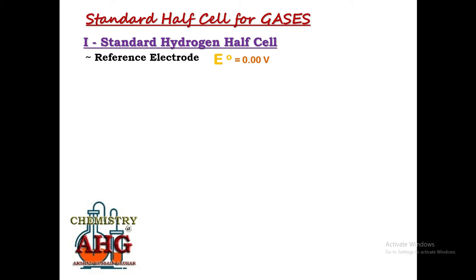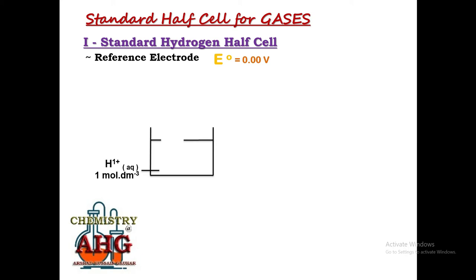So what is the only purpose of the standard hydrogen half cell? Always remember, it is used to complete the external electrical circuit by connecting it to the second terminal of the voltmeter. That's it. Okay, let's construct the standard hydrogen half cell. We will take the beaker, a solution containing hydrogen ions. You can use HCl, and the concentration of HCl must be 1 mole per dm cube.